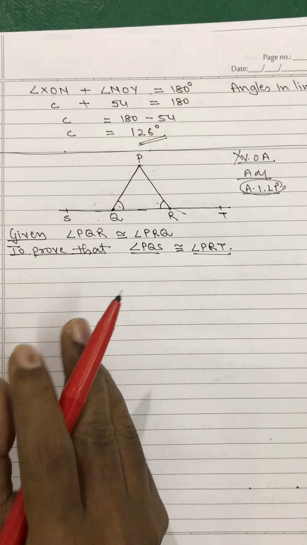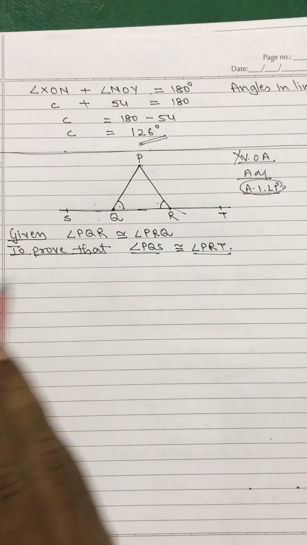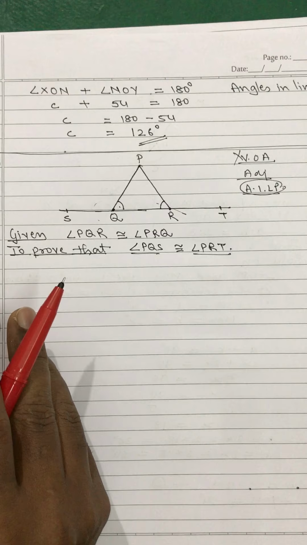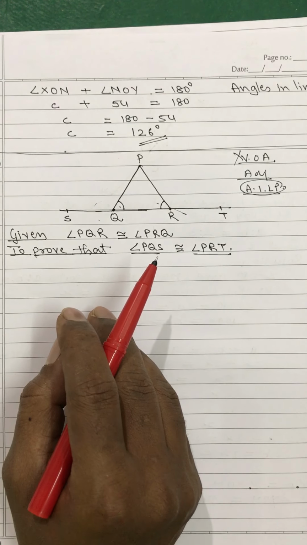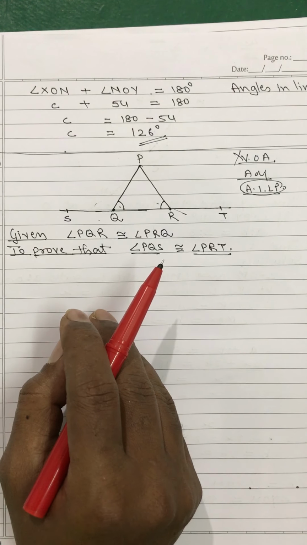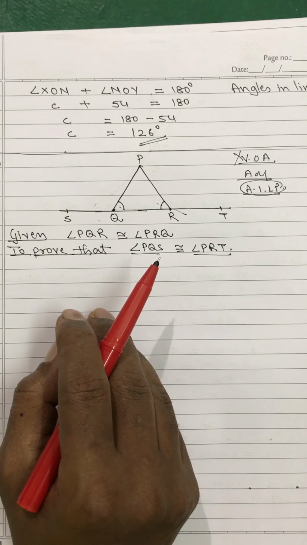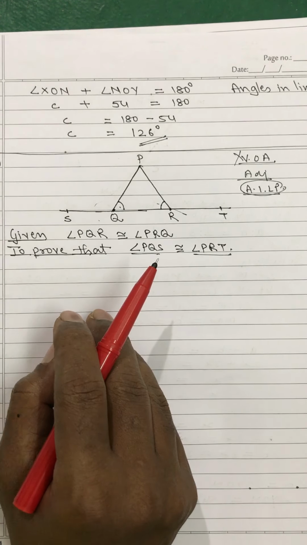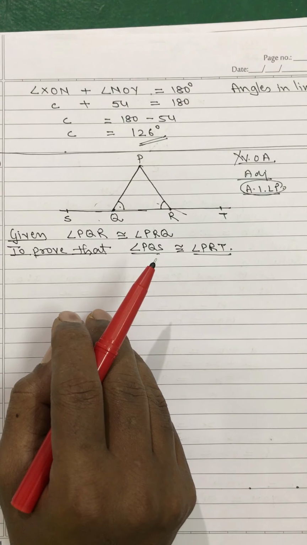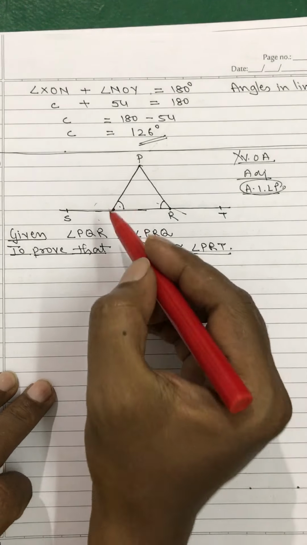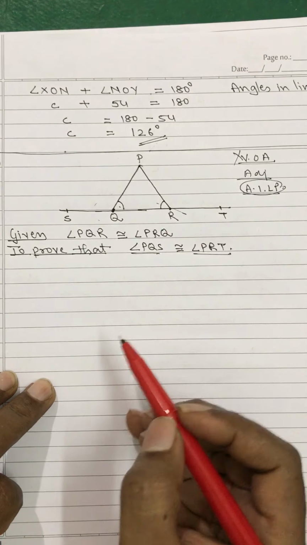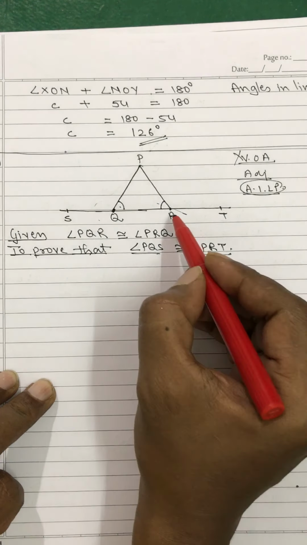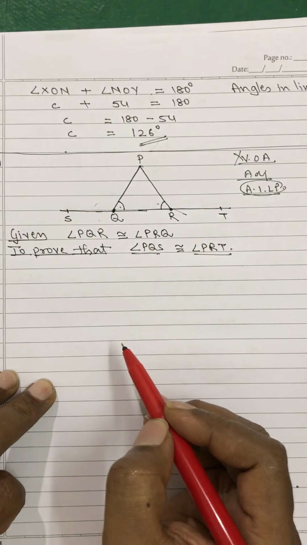When you don't know how to go, see the path that is in front of you. Don't see far away, that is in dark. But right now in front of you is light. Follow that light. That light will eventually take you to the target. So at present you can see that I can apply angles in linear pair over here in this junction, and I can apply angles in linear pair over here in this junction.